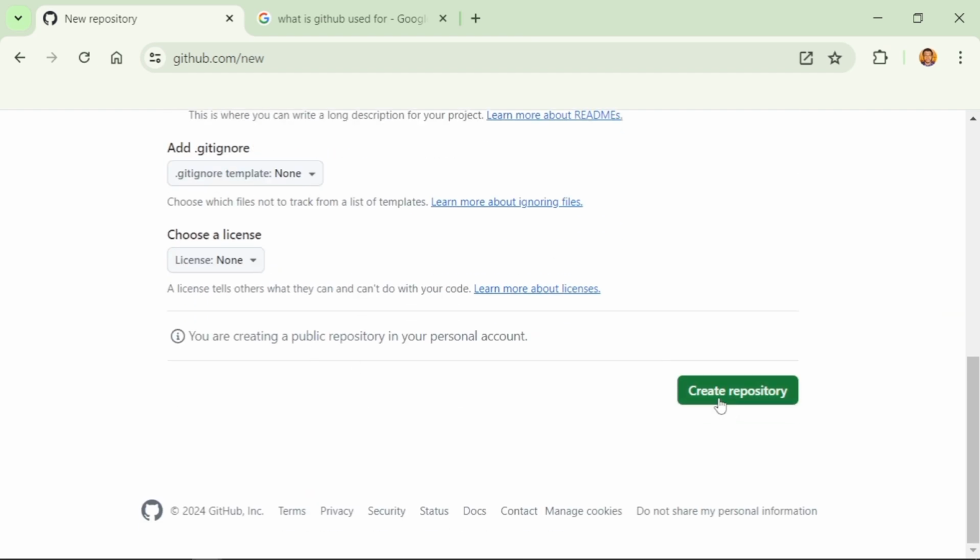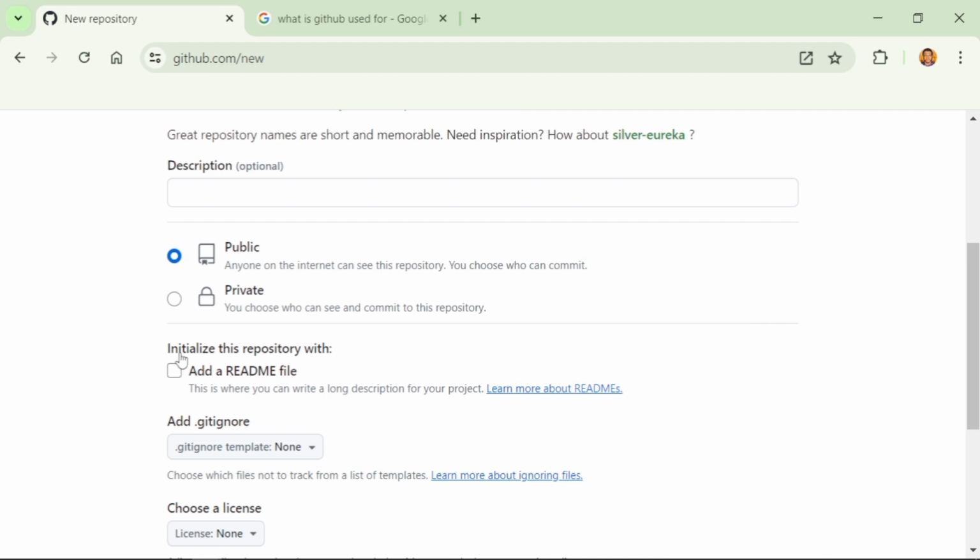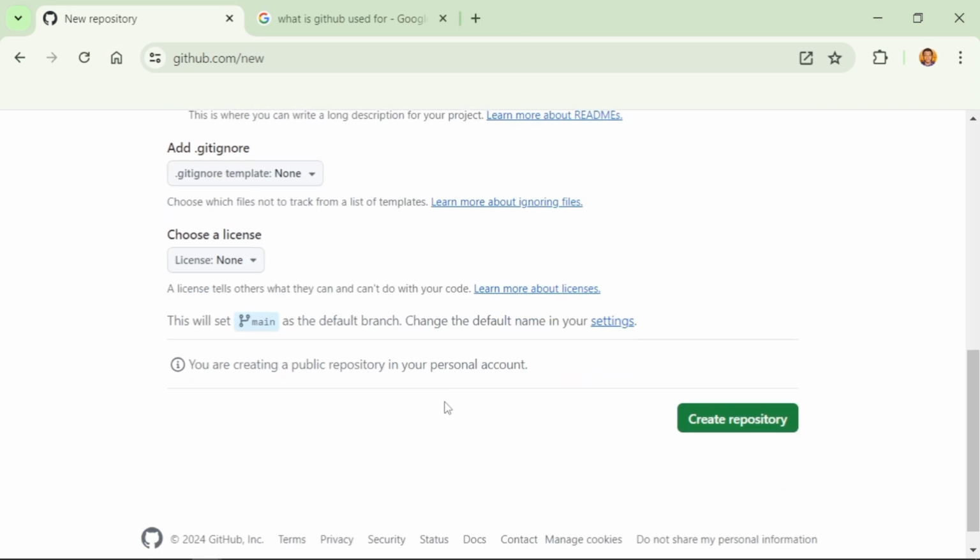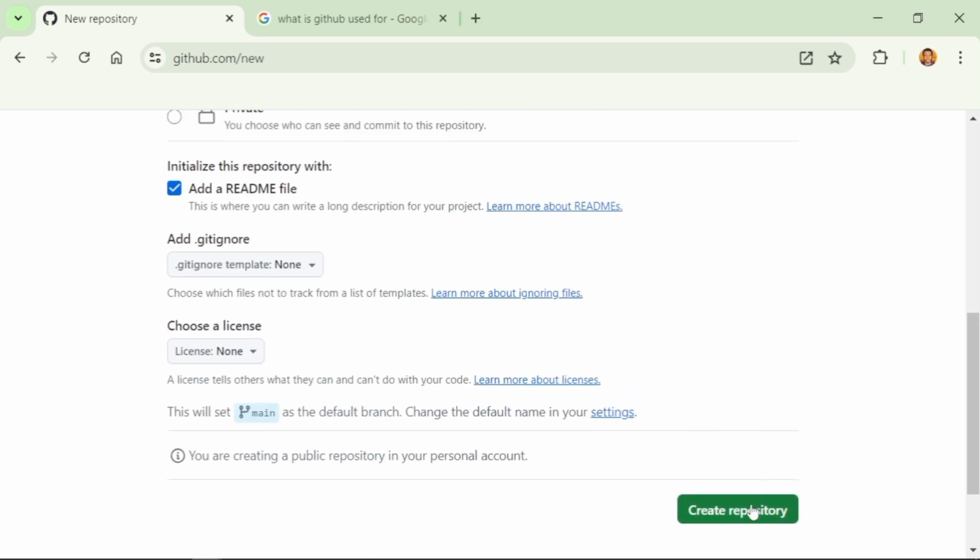So you can click it, depends on the kind of project you're working on or the kind of project you want to upload. You understand? So sometimes it's advisable to add a README file to your repository, so it helps your users or anyone accessing your repo to understand the precepts and the concept of the project you've uploaded on it. So you're creating the repository, and then